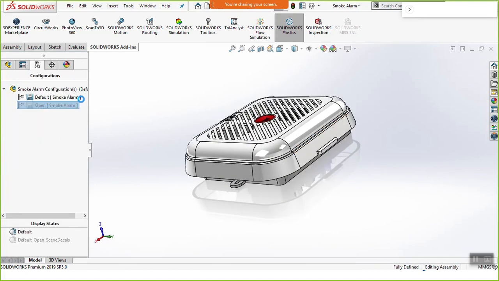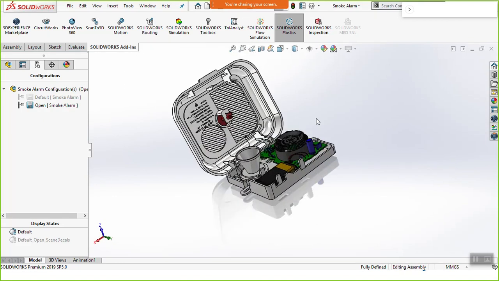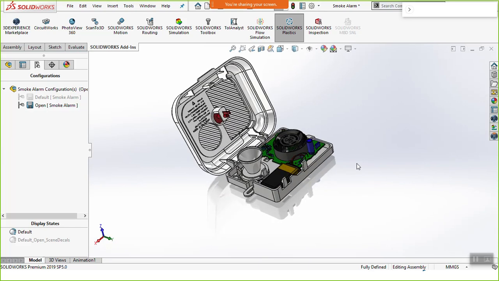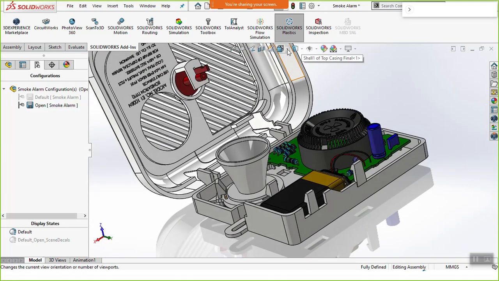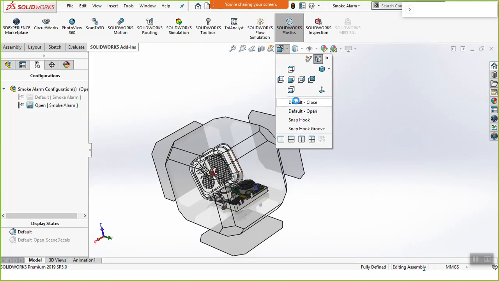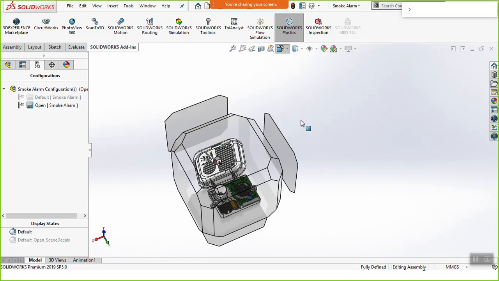Right now, this is a simple example of a smoke alarm. As I said earlier, hardly any products in the market do not consist of plastic parts, right? So I am taking the example of a smoke alarm in which a few electrical components are available, while the casing is made of plastic, which I am concentrating on right now.